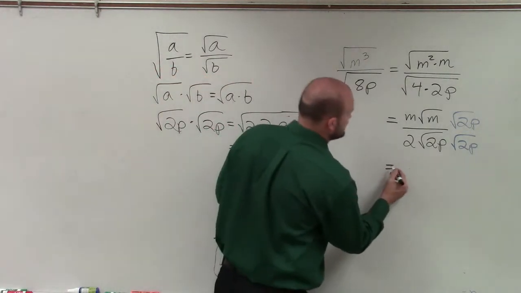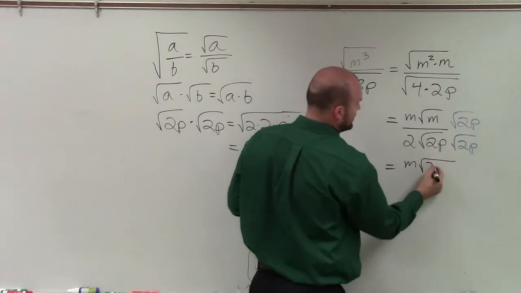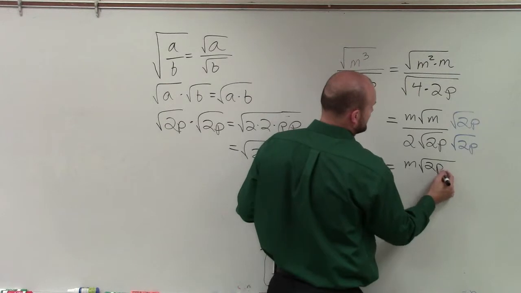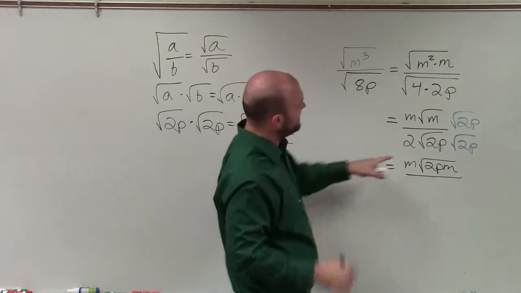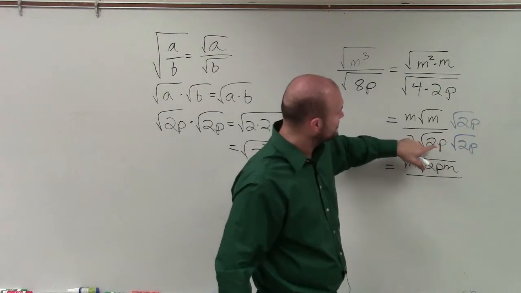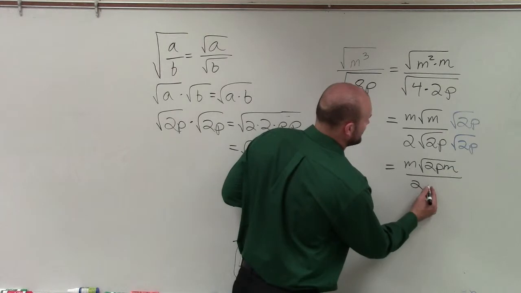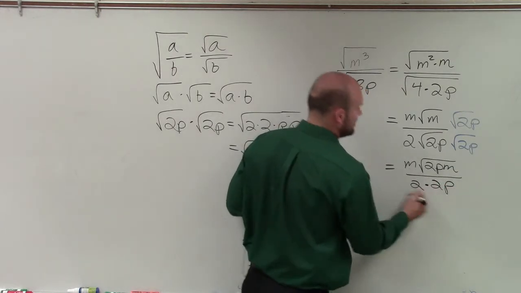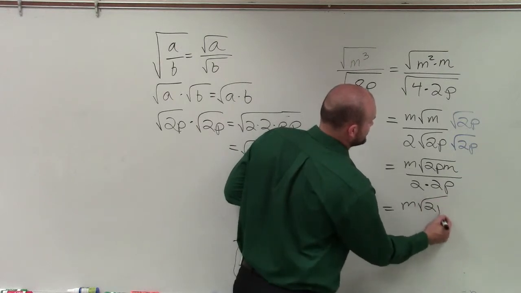So therefore, by simplifying this, I multiply my m and my 2p under my radicand. So I have 2 times p times m. I'll switch that around so it makes nice pm, right? And then here, remember, the square root of my product of 2p times 2p is just going to be 2 times 2p. And I can rewrite that as m times the square root of 2pm